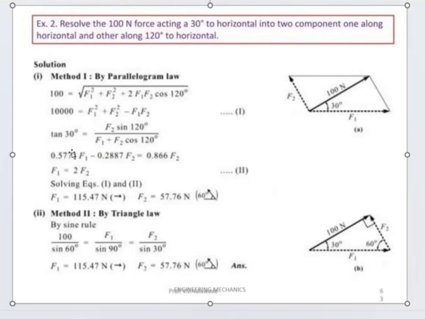Now tan theta, that is given as 30 degree for the angle of the resultant. So tan 30 is equal to F2 sine 120 divided by F1 plus F2 cos 120. From this, we get the value